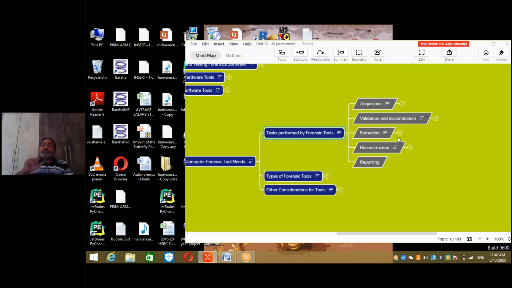What we said, there are 5 functions. One of the usefulness of the tools is that they should be doing all these tasks: acquisition, validation and discrimination, extraction, reconstruction, and reporting. We'll see each of them. Acquisition first.